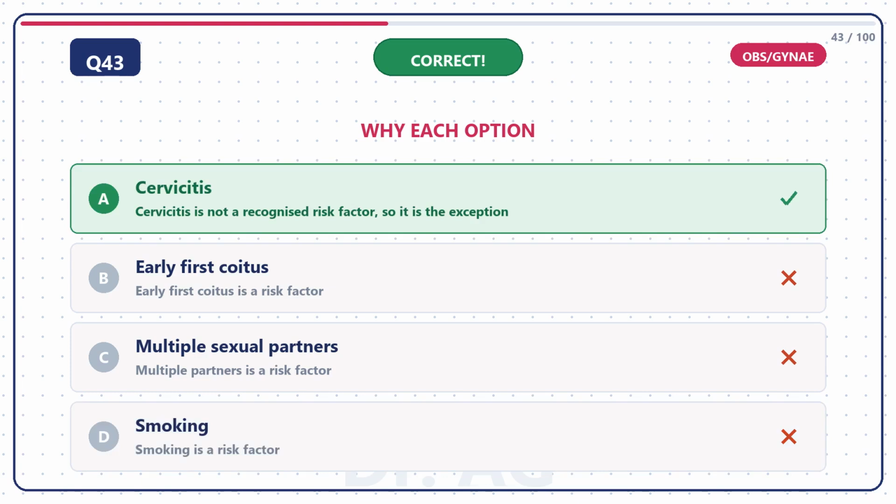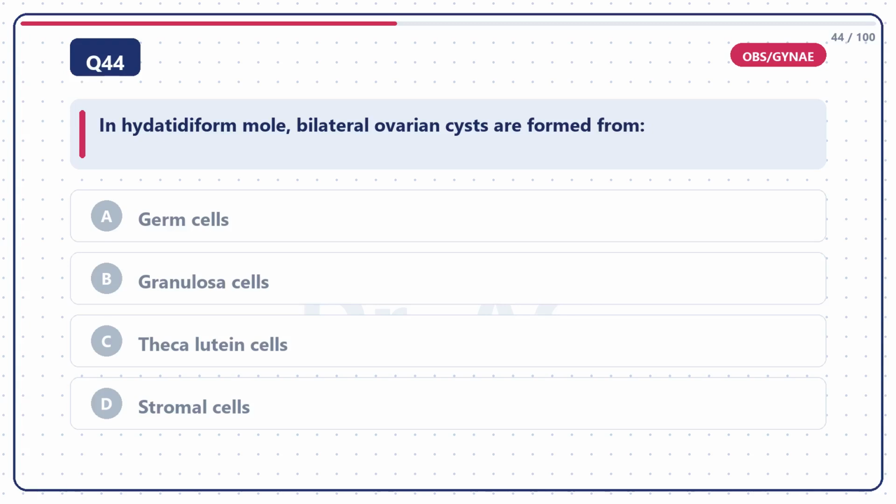Cervicitis is not a recognized risk factor, so it is the exception. So, the right answer is option A, cervicitis. Question 44. In hydatidiform mole, bilateral ovarian cysts are formed from option A,